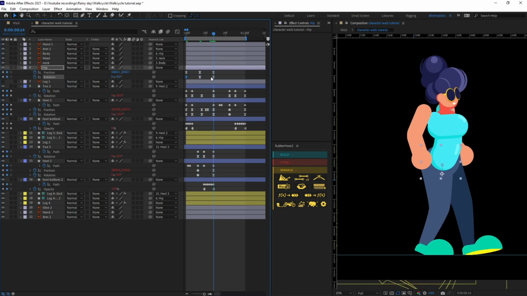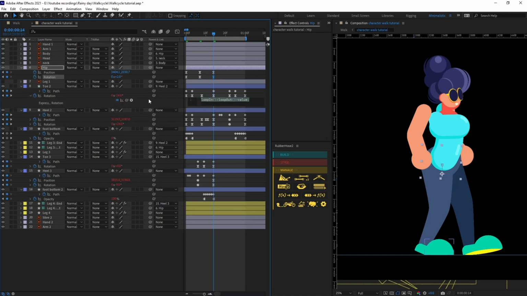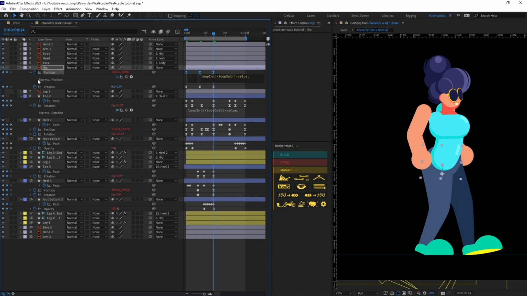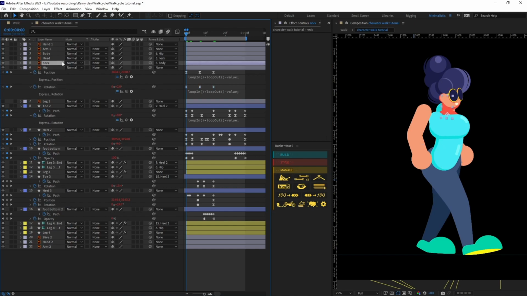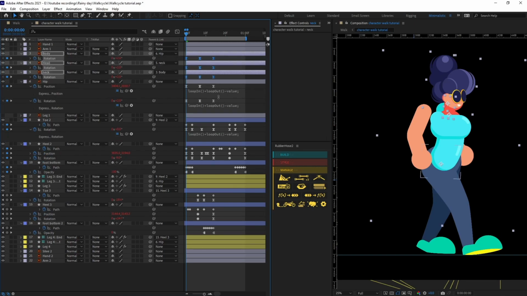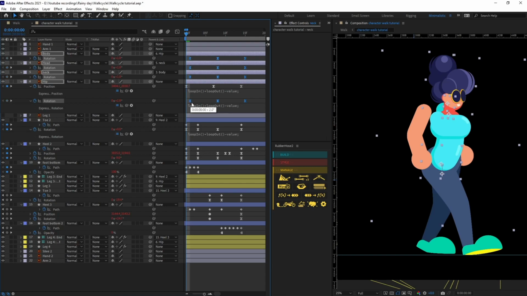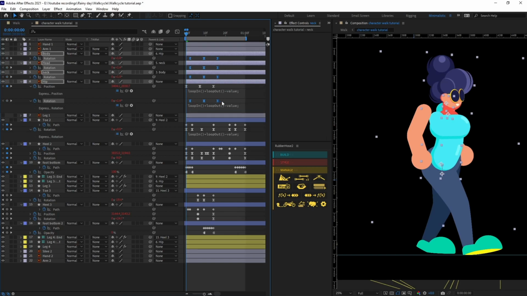Let's copy the initial keyframe at this point and then just copy this loop expression and paste it over here in both the properties. Copy this rotation keyframe, select neck, head and body, paste it in all of these layers, press U to open the properties with keyframes and then slightly offset it by 2 frames.